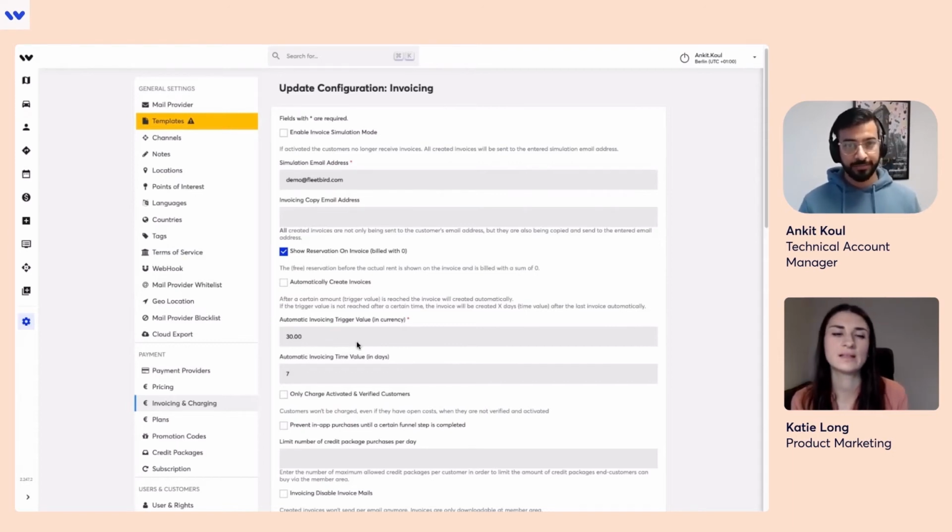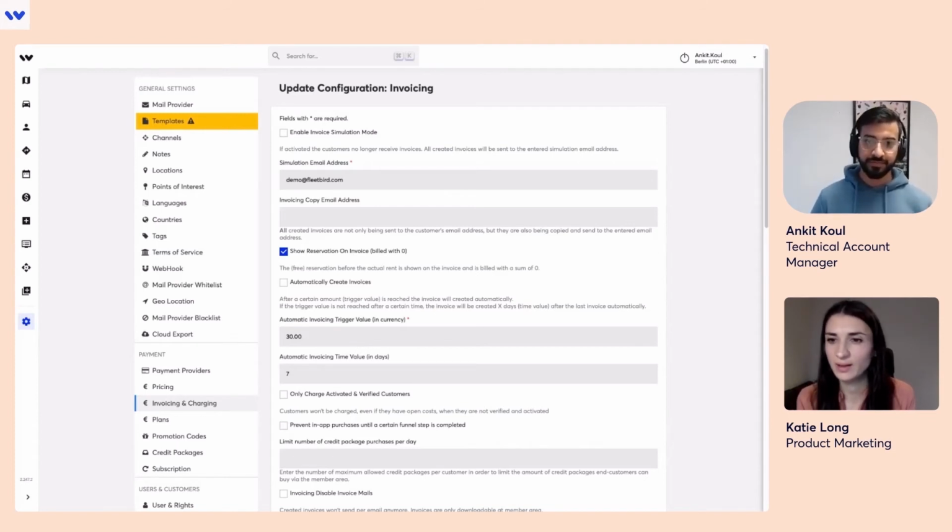Right. So as an example, if an end user would have a ride every day on an e-scooter, they could receive, after 7 days, one invoice that has the 7 rides, one per day, all combined.